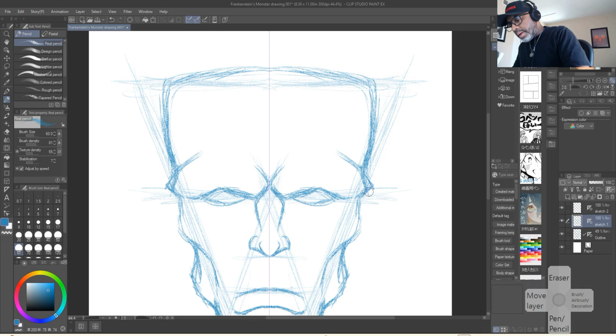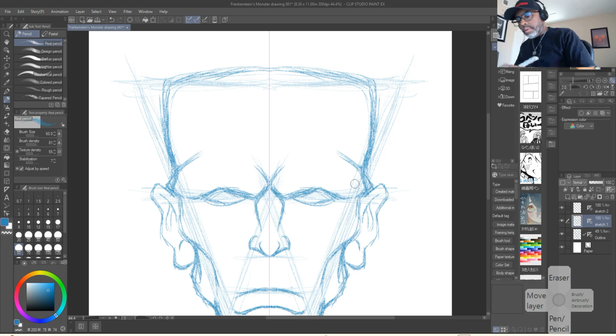the outline of the ear a little bit, so I know where I'm going with it. There, kind of give him some nice heavy, what am I trying to say? Pronounced. That's the word. Pronounced ears to kind of go with the heaviness of his face. Drawing some lines right here, and this just gives me enough detail to go in on top of this layer and start to actually rough out some of the final